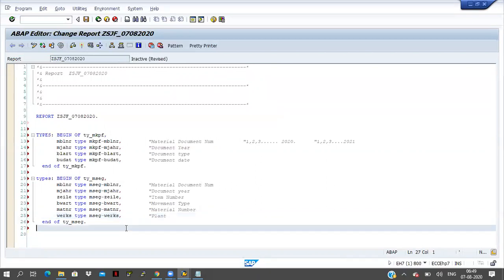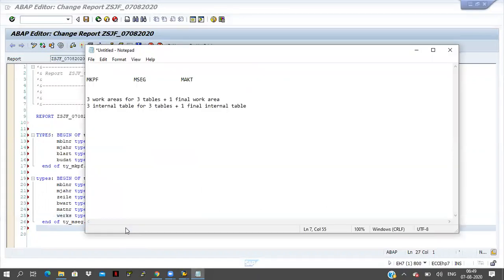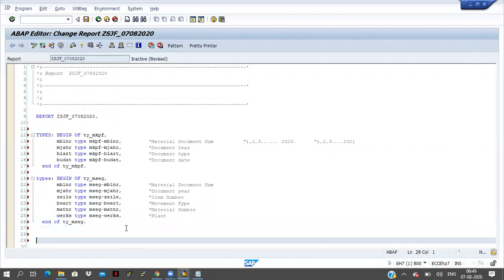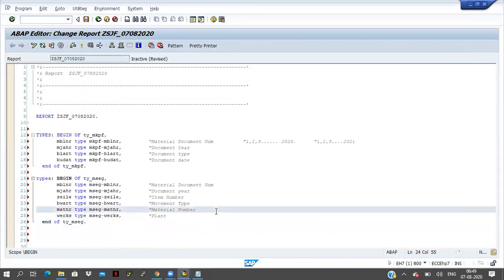And now one more table is there, right? That is MAKT. Here in MAKT we get the material number. As I just discussed, something like a mobile is a material, so we will call it mobile. But in SAP terms we have to provide one number for that. In mobiles also some model numbers are there.